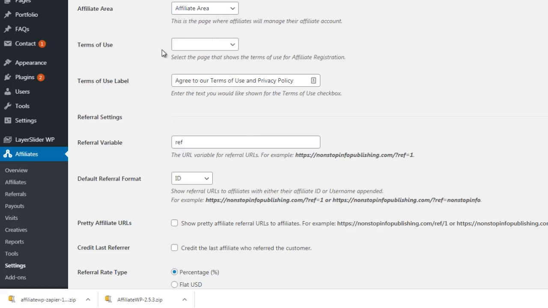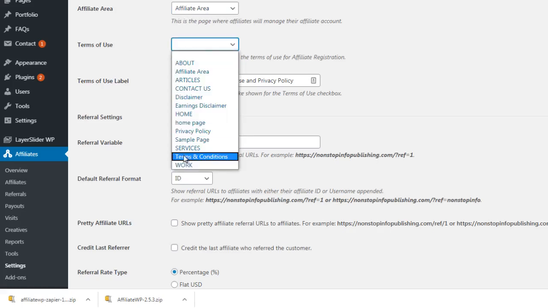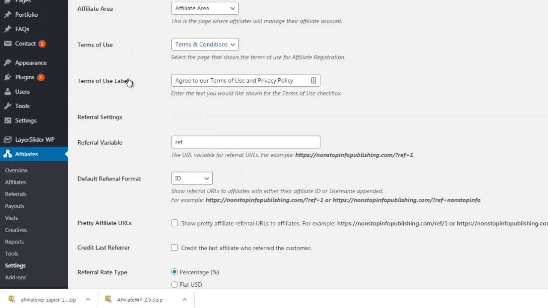We have terms of use. So you would choose your terms and conditions, and this would be the affiliate legal policy that you want your affiliates to agree to. If you don't have that, you can get that from different sources online which have affiliate policies where you can buy them directly from lawyers. If you go to Google and you just type that in, and down here I would leave all of these